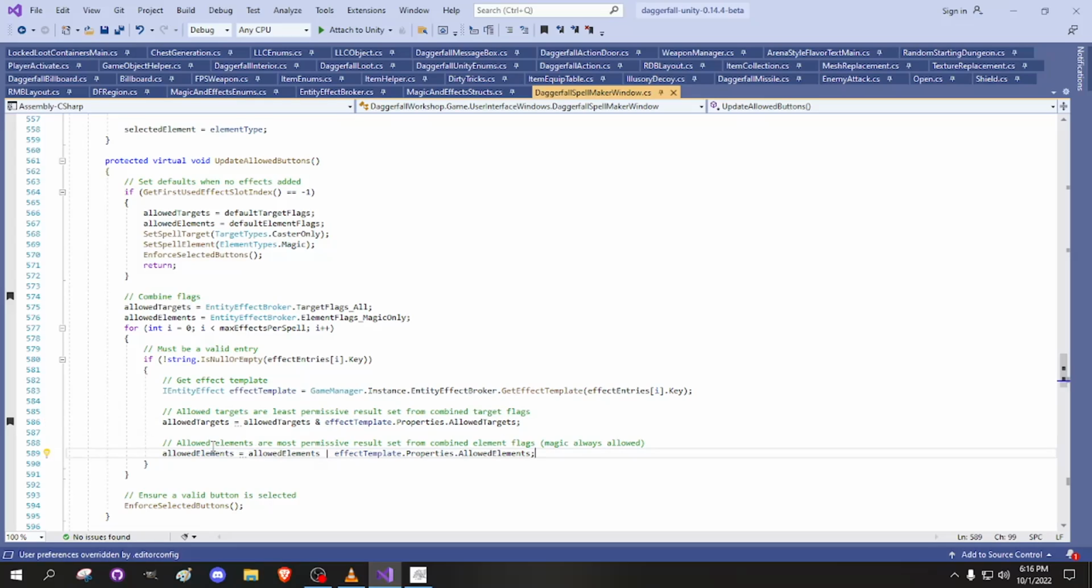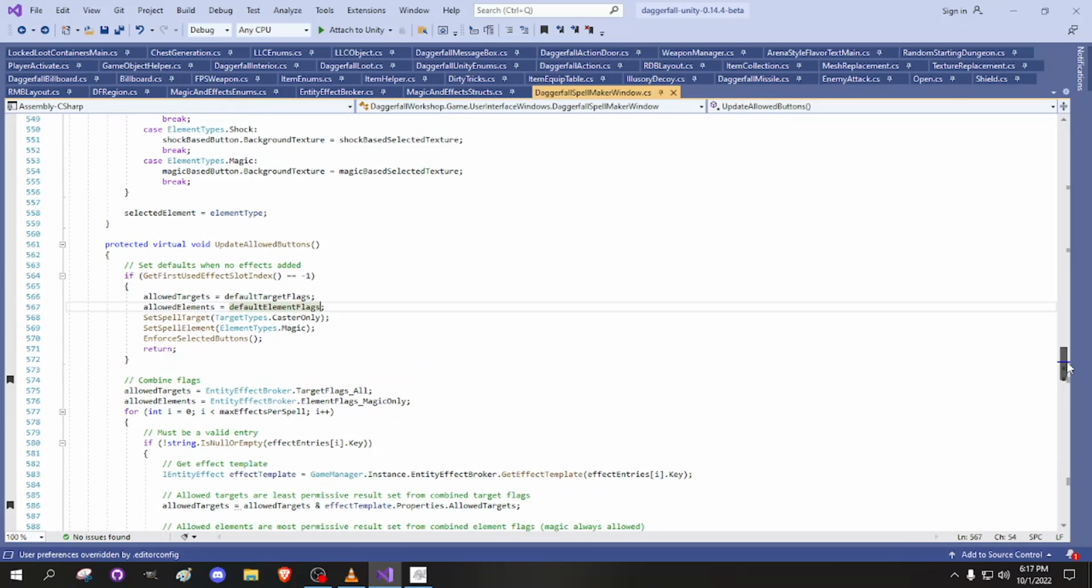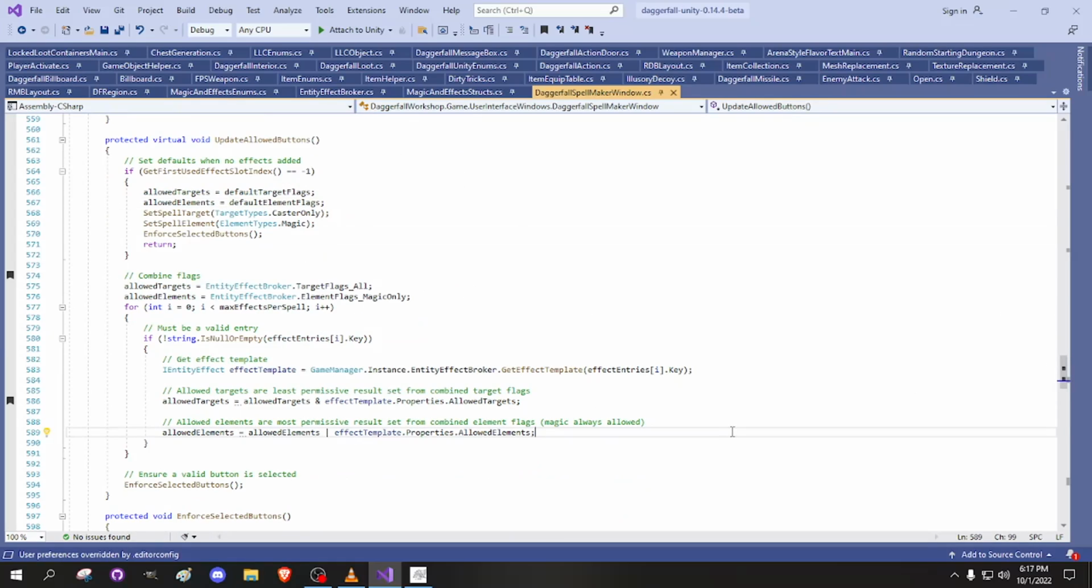Whereas the elements one, allowed elements or most permissive results set from combined element flags, I'm pretty sure it allows multiple elements that you normally wouldn't be able to potentially. Like, I think the allowed elements normally is everything. Or maybe not. I think maybe allowed elements is normally just magic only. Let's see. Yeah, it's normally just magic only. But if there is an effect in this bundle that allows multiple, different elements, then that will be